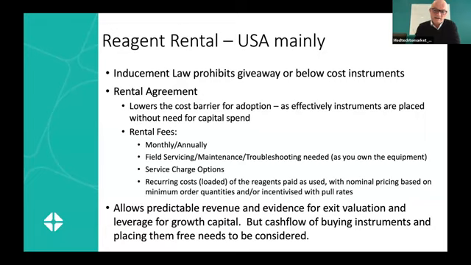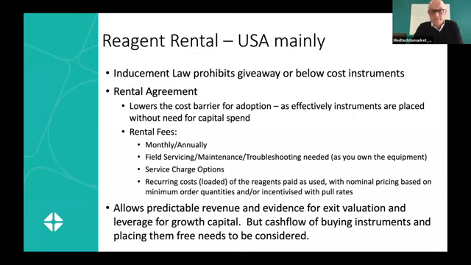So the way around this is they have a reagent rental, where they basically reduce the cost of the capital spend by renting you the equipment, and then you bill them for recurring costs of using the consumables. And you can often do that with fixed minimum order quantities, incentivized pull rate plans, or whatever. So that's how a lot of the diagnostic industry works in terms of commercializing. And that does allow you predictable revenue, which you can then use to get investment money or growth capital if